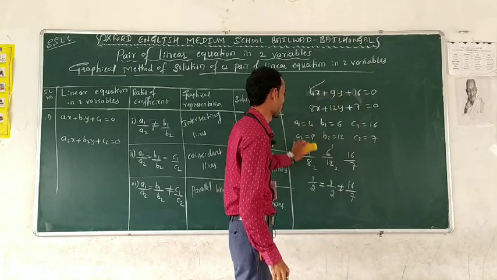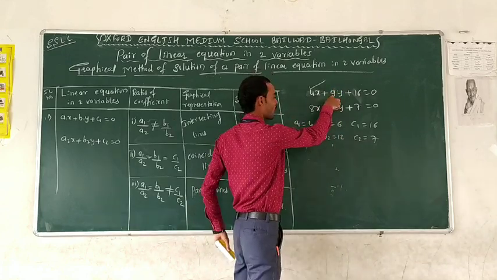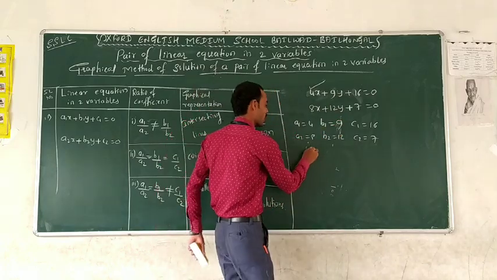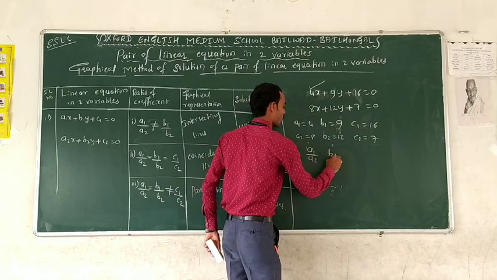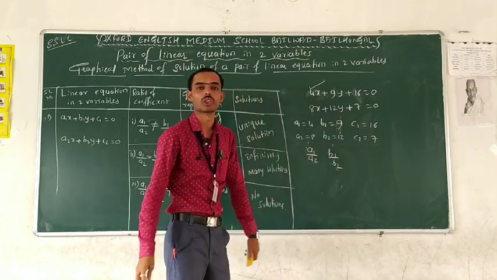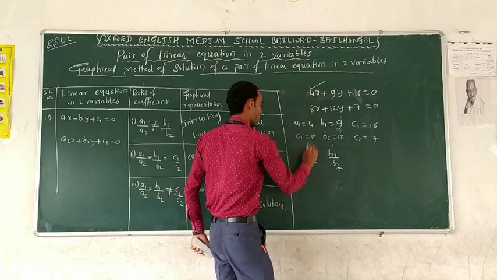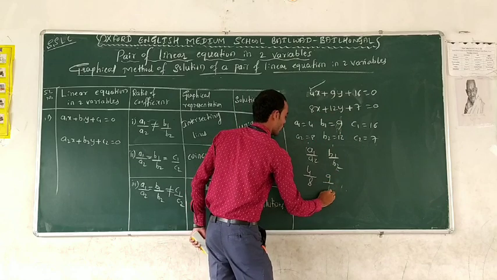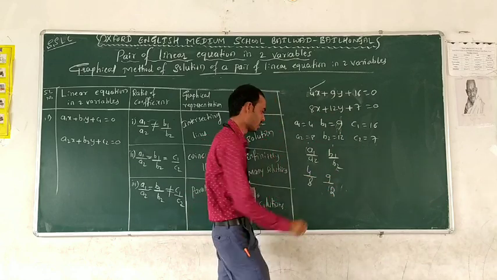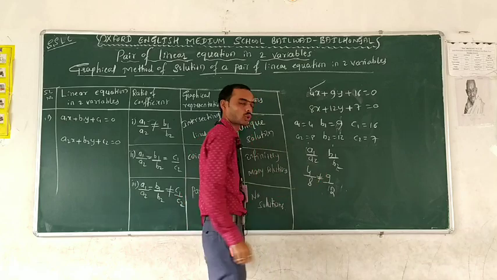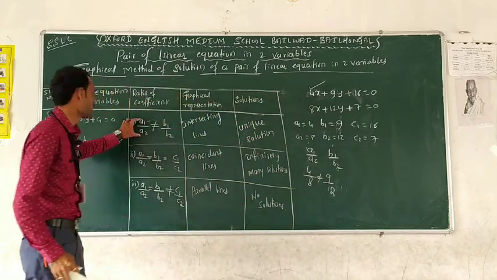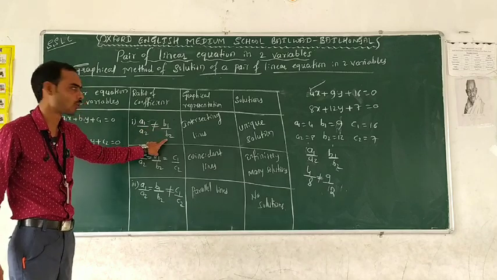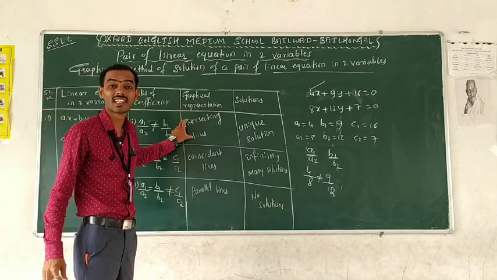If the equation becomes, for example, 9 for b1, so here b1 is nothing but 9. Just write the ratio once again. a1 by a2, b1 by b2. What will you get? a1 by a2 is 4 by 8 and b1 by b2 is 9 by 12. Both are not equal to each other. 4 by 8 is not equal to 9 by 12. So observe the first equation: a1 by a2 is not equal to b1 by b2, and the graphical representation is intersecting lines.